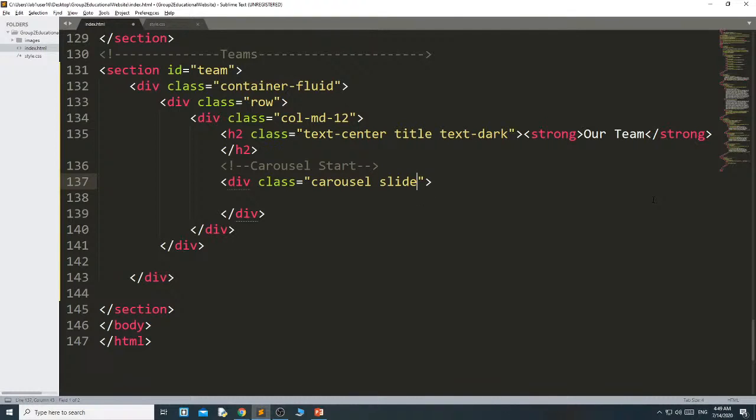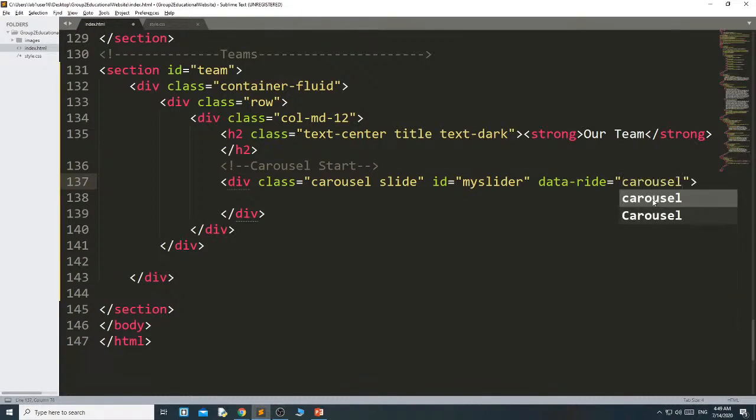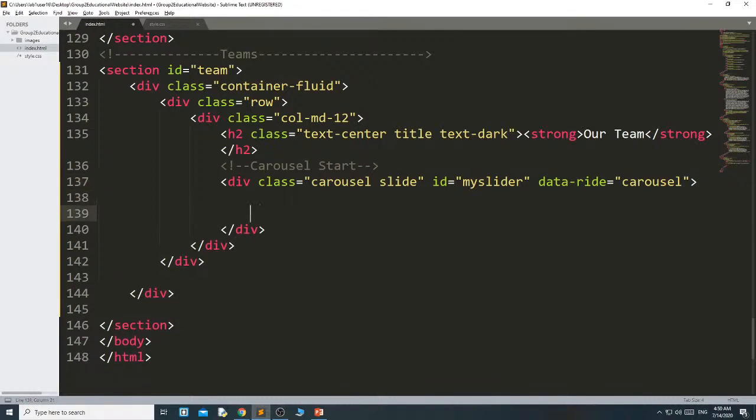Okay, these two are important, carousel and slide. These two you are using to make your carousel visible and by default adding the sliding effect. Then you must give an ID to your carousel. Suppose here I am giving my slider. Then data-ride equal to carousel. Okay, which means I have started to create the carousel.